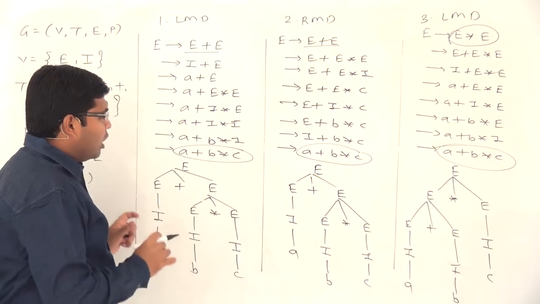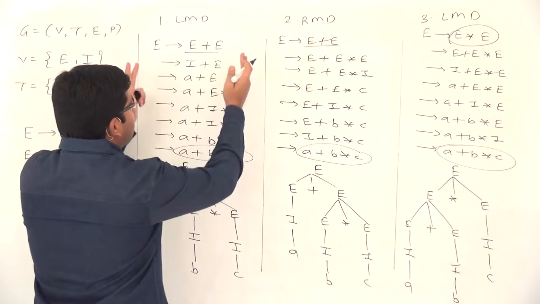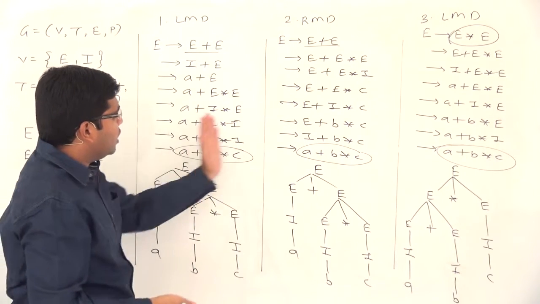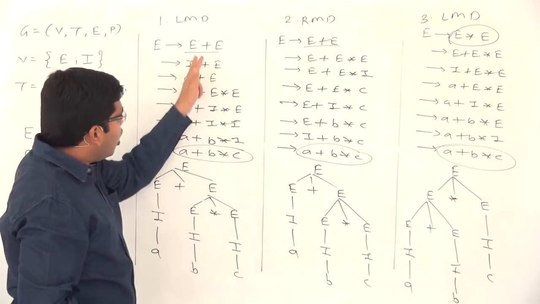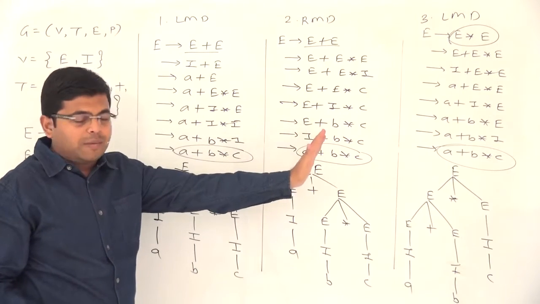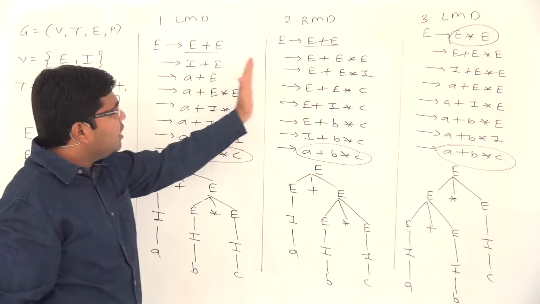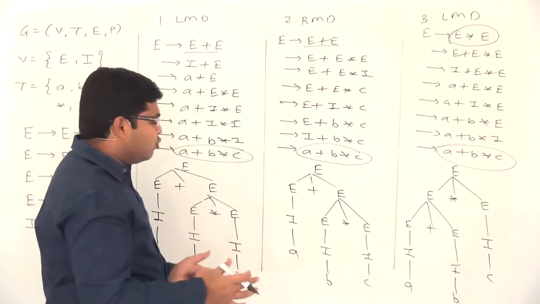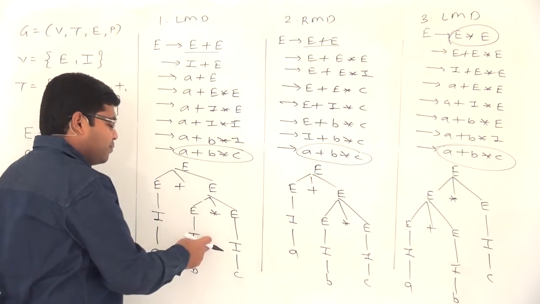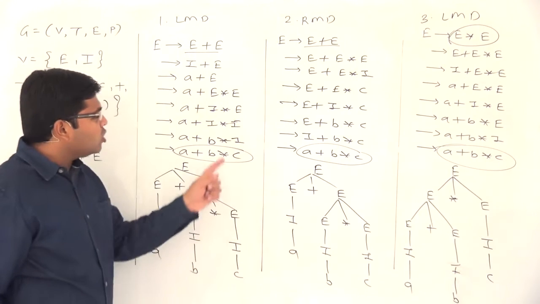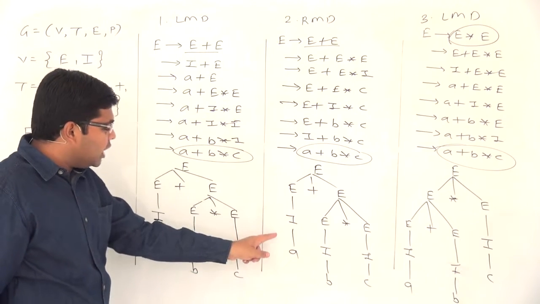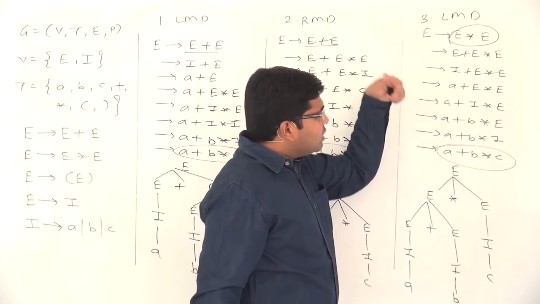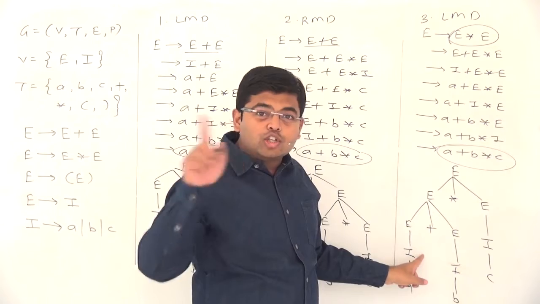And what is the observation? That even though these two derivations, LMD and RMD, look different, obviously they are different looking derivations because the order in which we are changing the variables is different. Here we will replace the leftmost variable, here we will replace the rightmost variable. So these two derivations look different, but if you observe the structure of these two derivations, the structure is the same, because for both these derivations we are obtaining the same derivation tree.